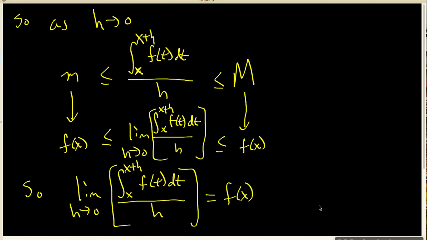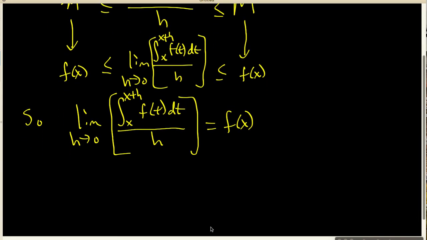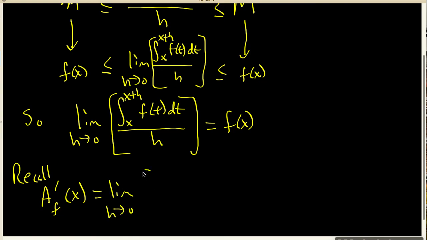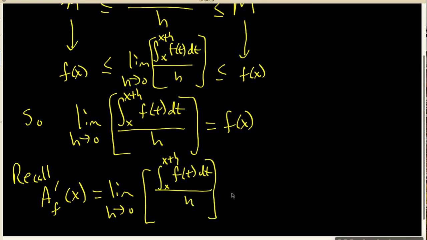And the whole point of this was that this particular limit was the derivative of the area accumulation function. So we know that the area accumulation function's derivative is indeed equal to f of x, and we have proved the fundamental